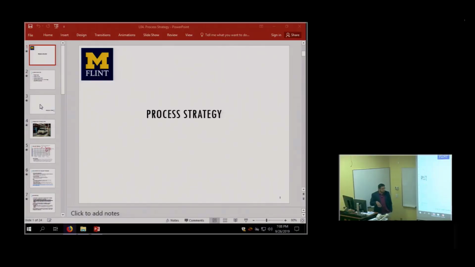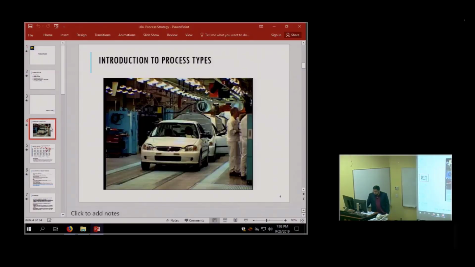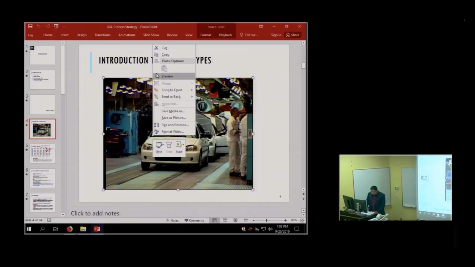Today we're going to take a high-level view. We're not going to go into details, capacity, cycle time anymore. Take a high-level view of processes and look at them from a general manager's perspective, from a really high level. So what we're going to do is, just so everybody has an idea of what we're talking about, I'm going to show you a video which is going to illustrate some different types of processes. So when I mention job shop, this and that, you can at least visualize what's going on. Okay, so